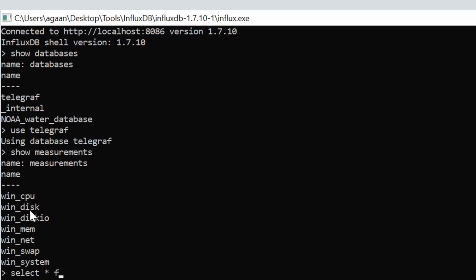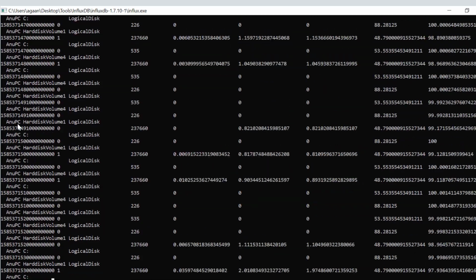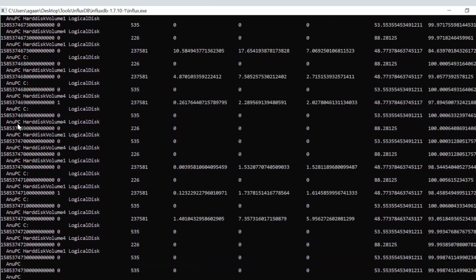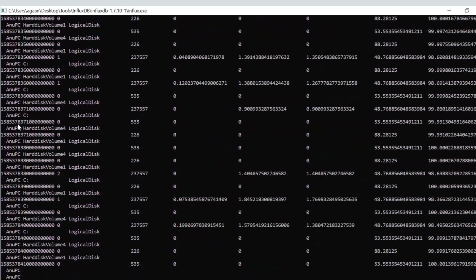So select star from win_disk. See, it has a lot of time series data. At a periodic interval, this data is inserted into this table or measurement.